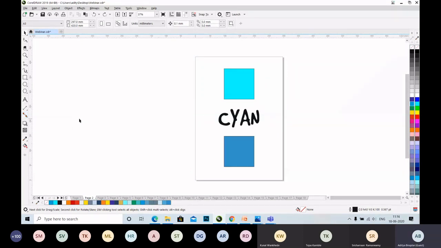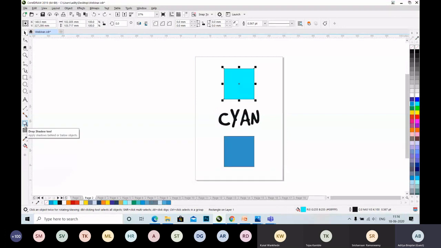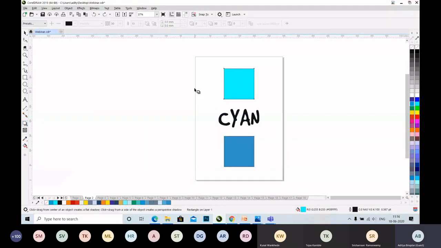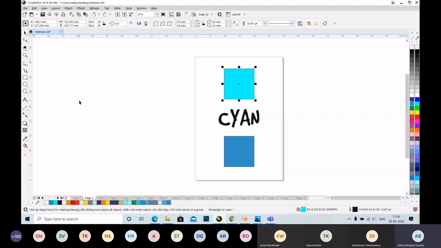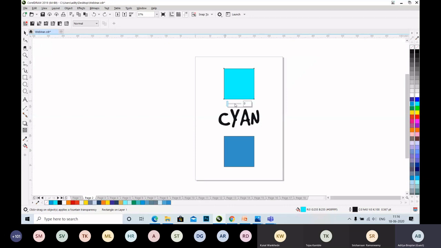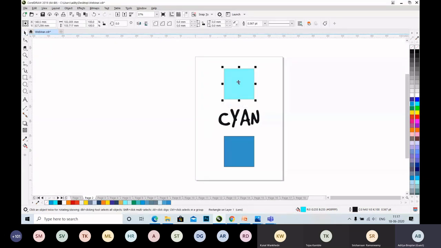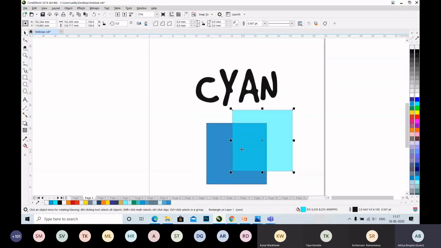Let's look at drop shadow tool. As the name itself suggests, it will give the effect of shadow for the object. Then we have transparency tool. It reveals the image area underneath the object partially. For example, we have made this particular object transparent by 50. To bring this object to the front, we will be pressing Shift Page Up. You can see the object is placed.